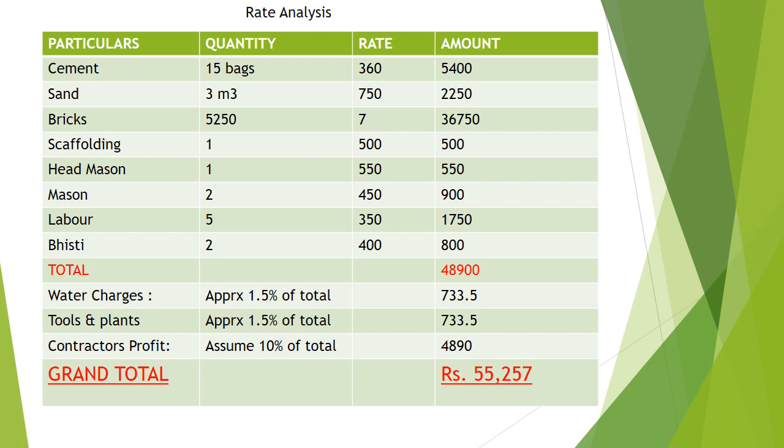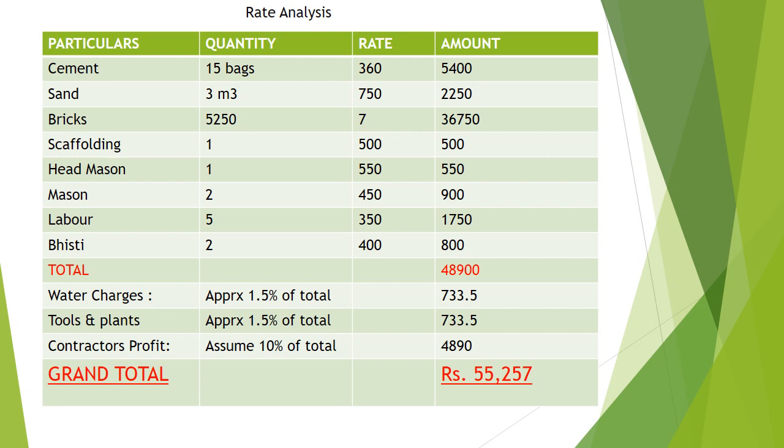You get everything apart from rate analysis. In other topics also it covers everything. Rates also you can get from there or from your internet. When I was in my engineering, I used to refer to the Chakravarti book. Again, that's a quite nice book. But this B.N. Datta is the best book. It would cover your GATE, MPSC, UPSC exams also. So I would suggest you refer to B.N. Datta. So the amount is equal to quantity into rate. I have found out the total. The total is 48,900 rupees.